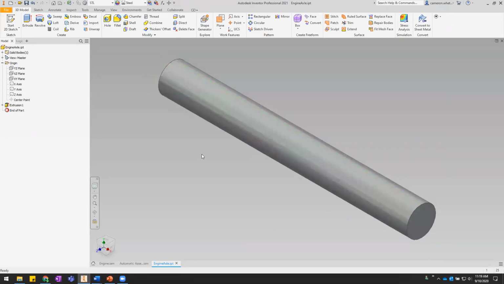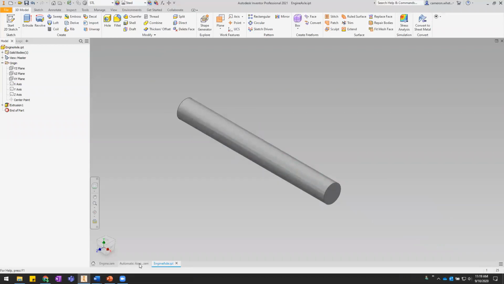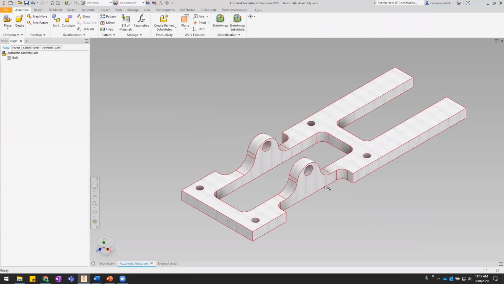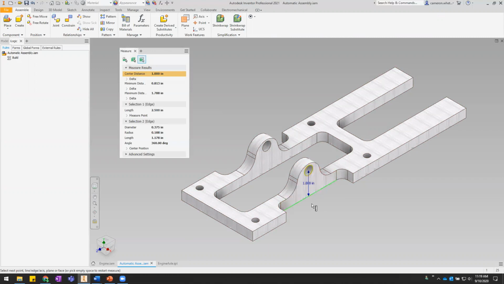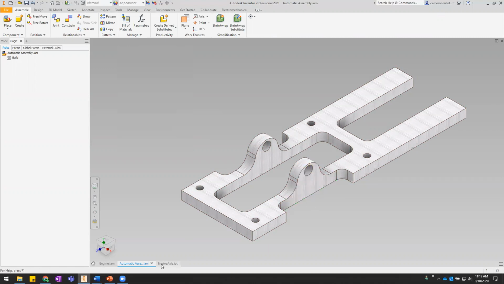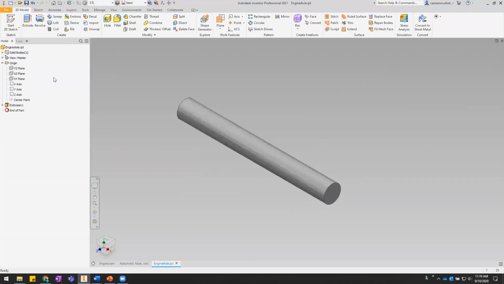So basically what I want to do is just drop this part in to our assembly, and two of the origin planes are just going to match right up, and the third one is just going to be offset from the ground by whatever the distance is here, 1 inch. Okay. So the simplest way for me to do that is to use,